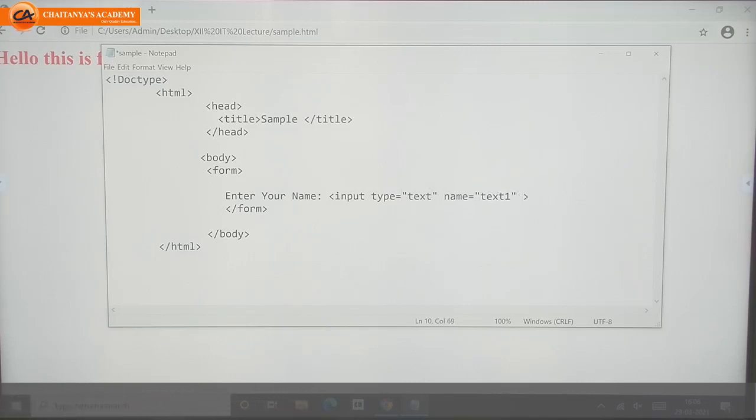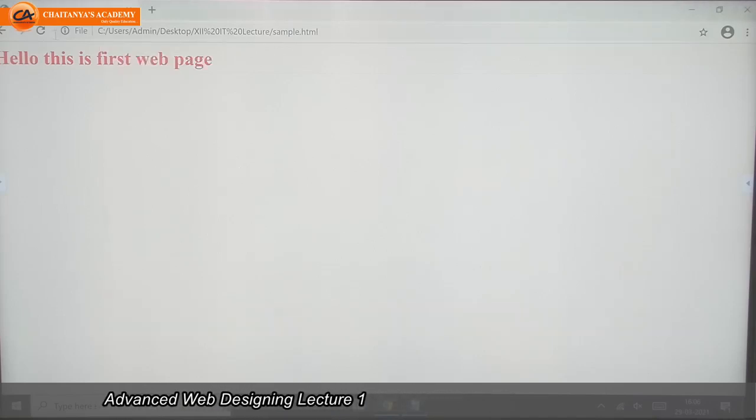Next, I will display only this text box. Now I will save this and refresh. What I got here is the label enter your name and the text box.